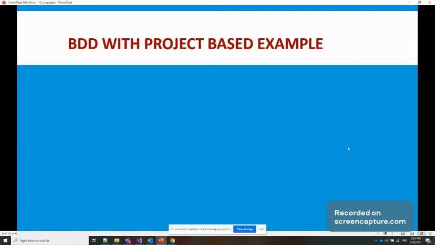In this session, as I already mentioned, we will start the project-based work. The first thing is we are going to create one dummy project as a website, and suppose this is the website that the end user is going to use. After that, we identify the possible scenarios. There are n number of possible scenarios while looking at a website, but we can identify a small scenario, get the details, and see how we can correlate it with a simple example.